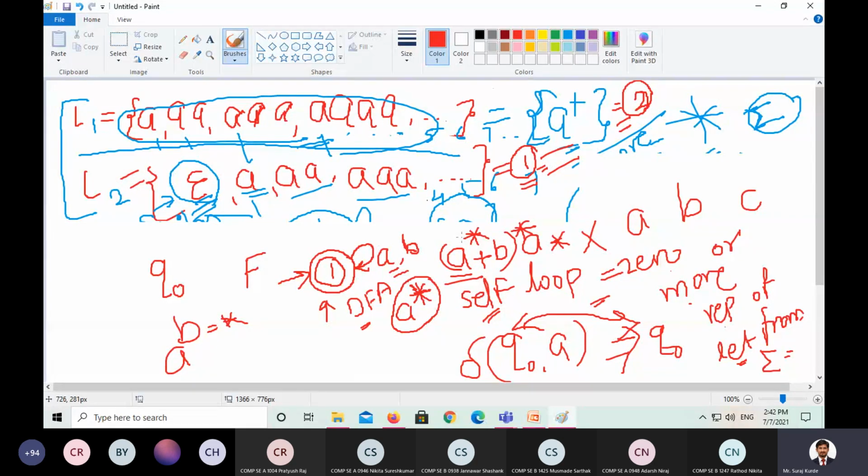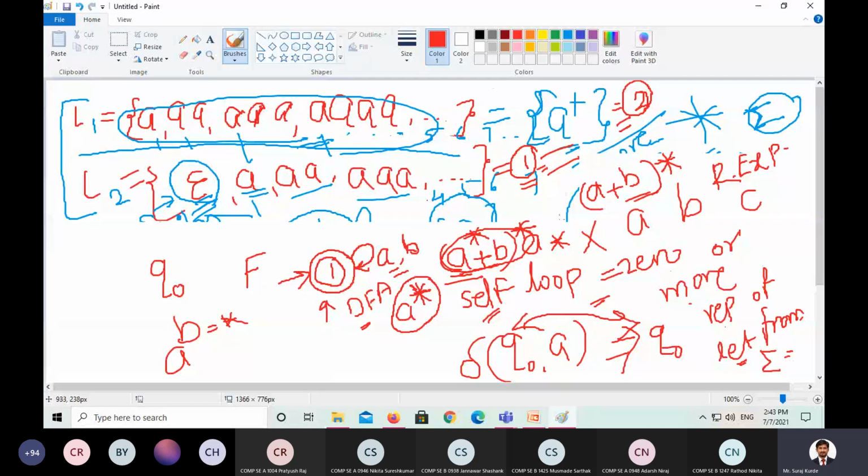Now this is part of the second unit. For understanding, I am explaining what this combination is. In the second unit, what we are going to see is regular expression. There you have to write this. Whatever I have written, A plus B and bracket star, this is called a regular expression.